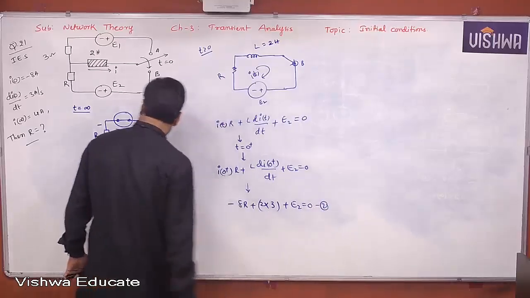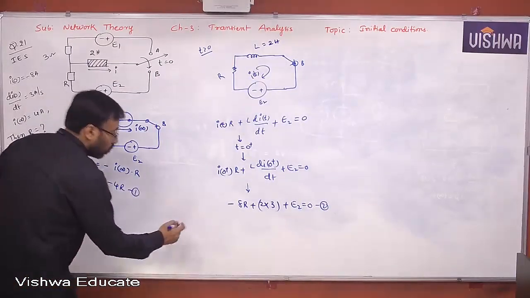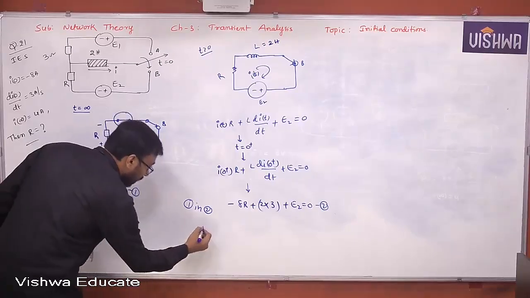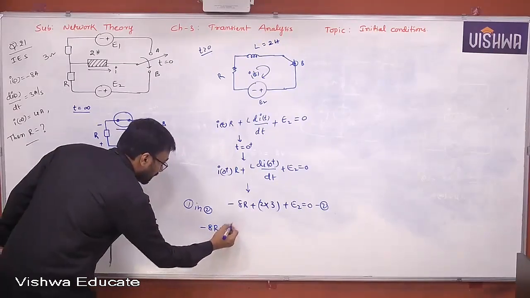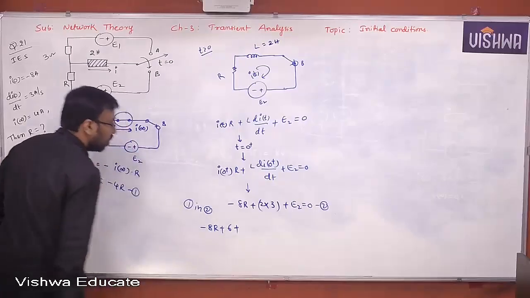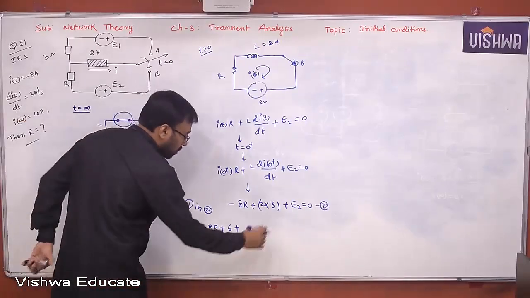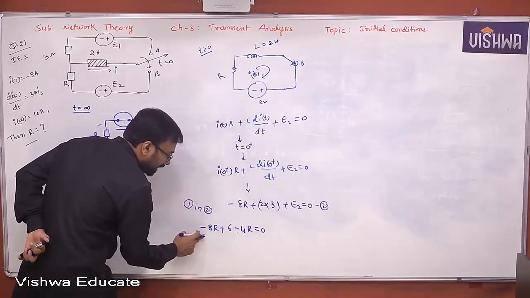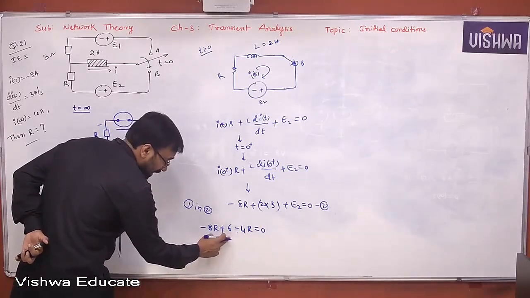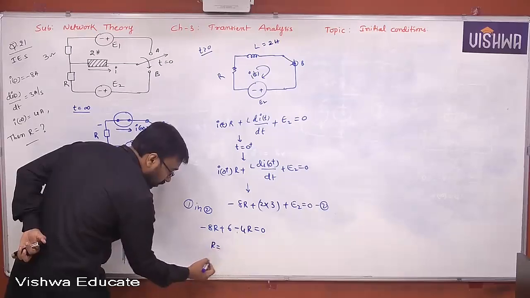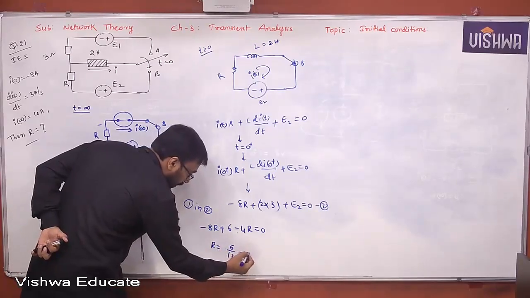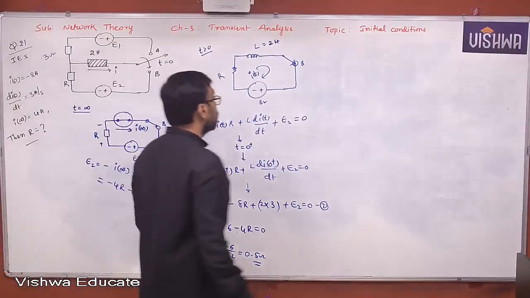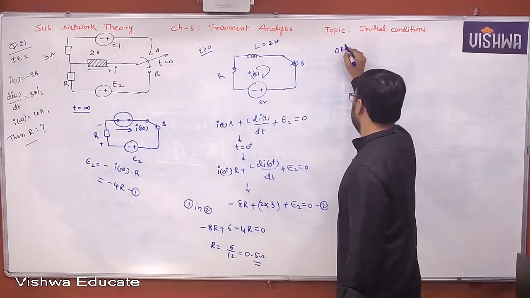Equation 2. Let us substitute equation 1 in equation 2. What is the result you get here? Minus 8R plus 6. Yes or no, all of you? Minus 4R is equal to 0. Minus 8 minus 4, minus 12R plus 6. Therefore, R is equal to 6 by 12, finally 0.50. Understand all of you? Okay, the same problem can also be done in this way, by constructing